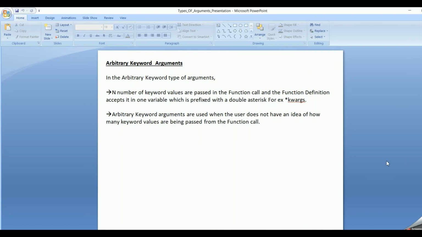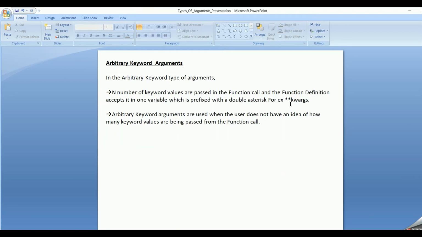Now let's move on to the fifth type of argument, which is arbitrary keyword arguments. Friends, we have seen the keyword arguments. It is identified by a keyword. So in this case, arbitrary keyword means it will have n number of keyword arguments, and these n number of keyword arguments have to be included within a double star, kwargs.